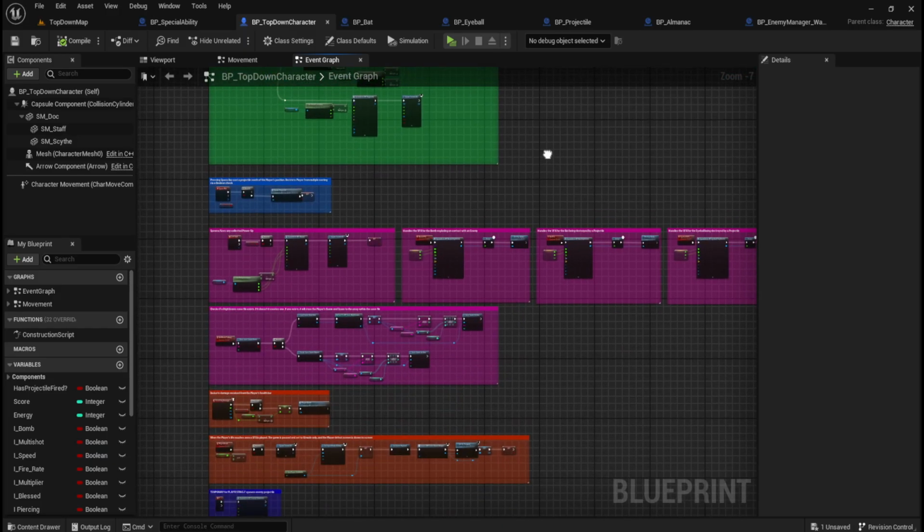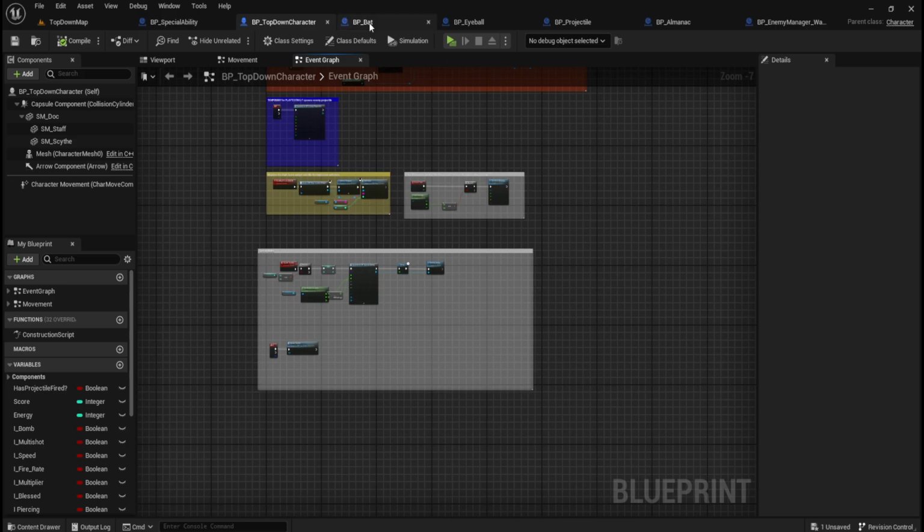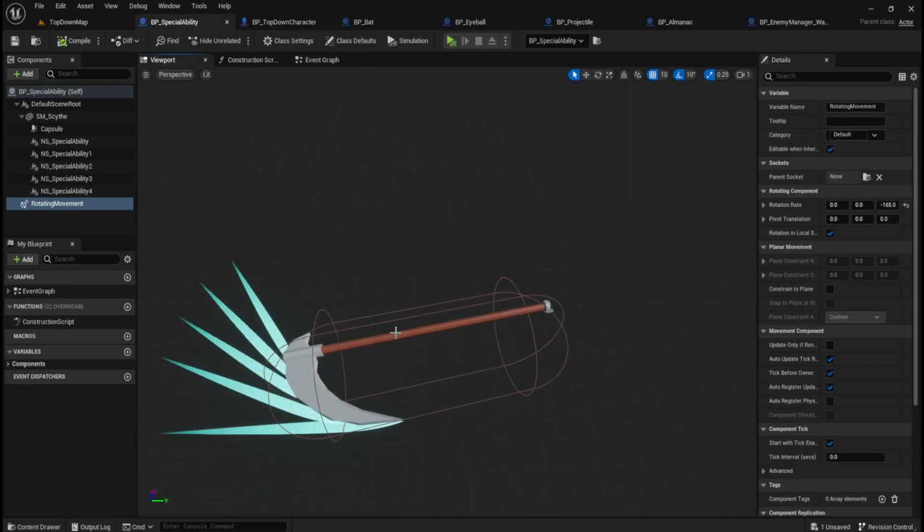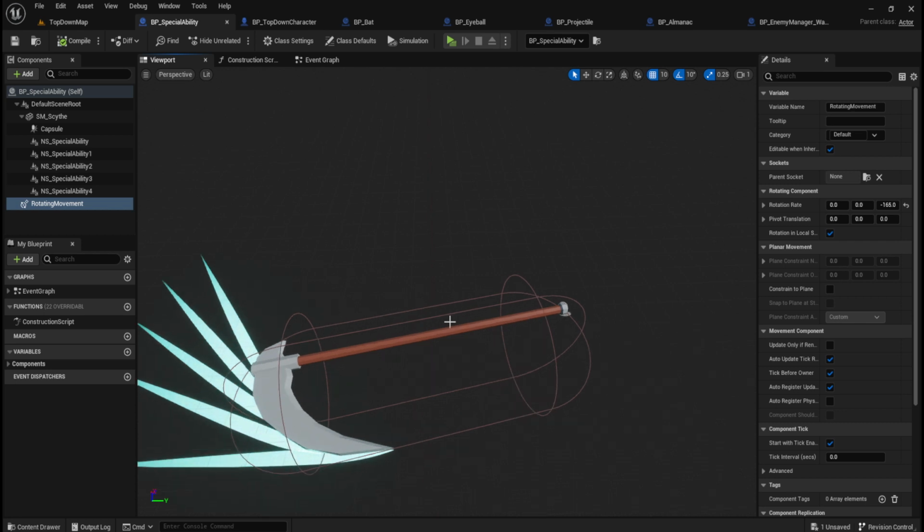No, just the Scythe. The collision on the Scythe is here. The spikes are more just a visual effect. The spikes aren't killing it. You can see the capsule collider there. It's perfectly shaped for the Scythe. So anything the Scythe hits. So what we need to do is we need to